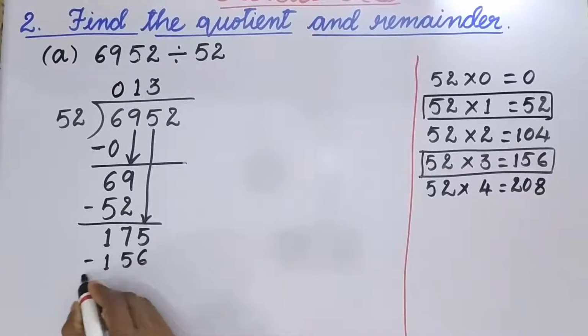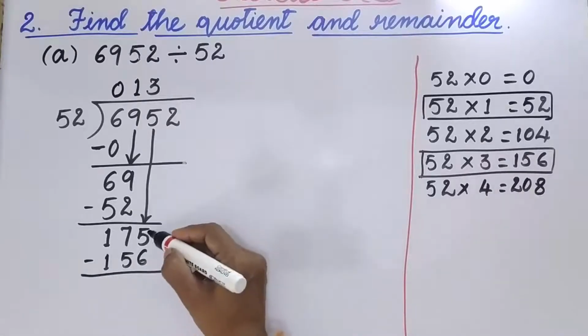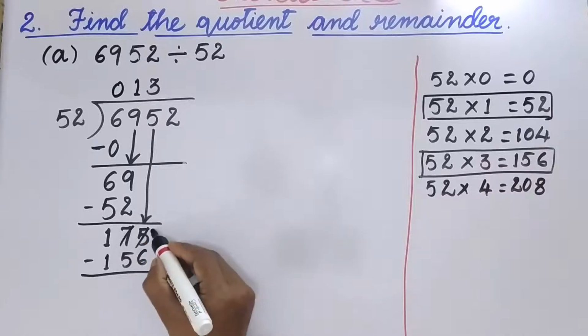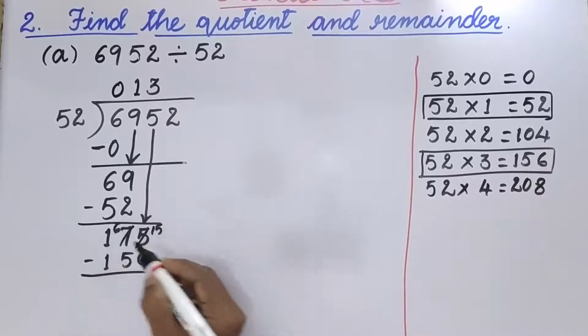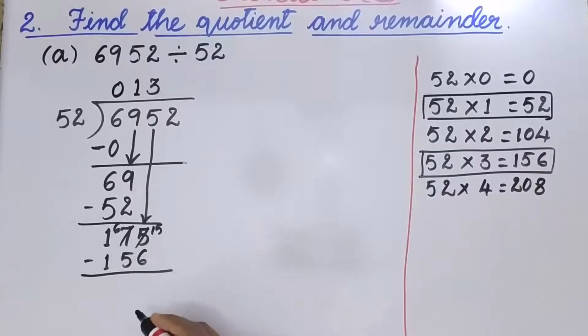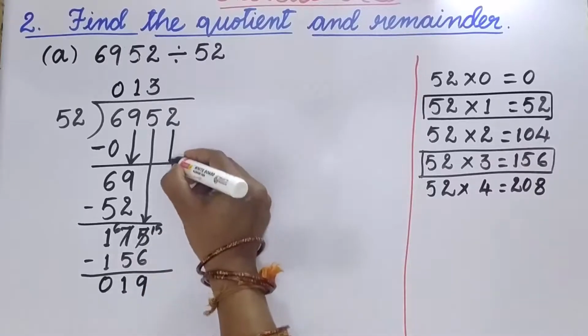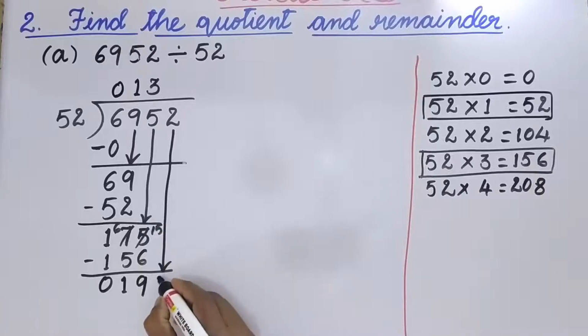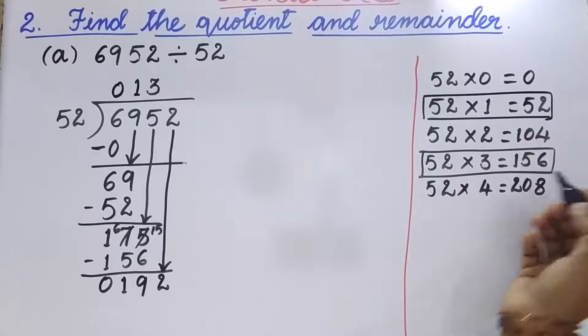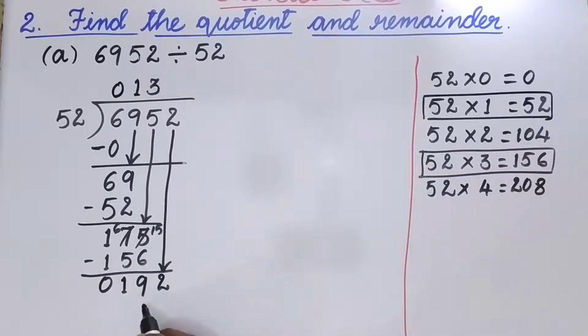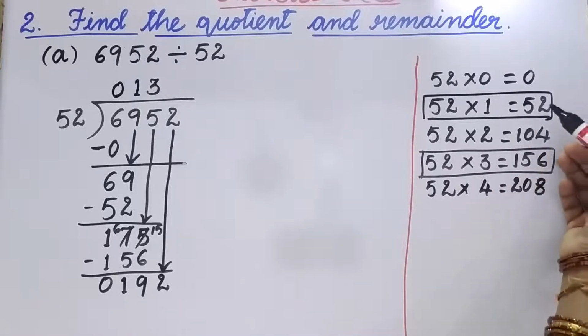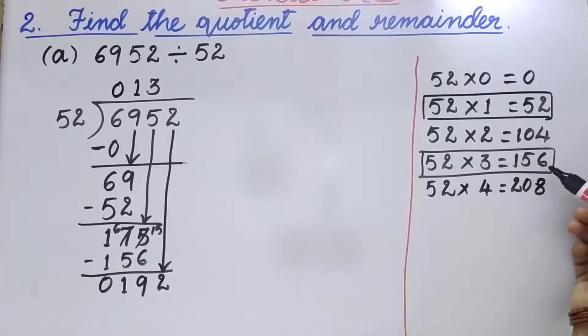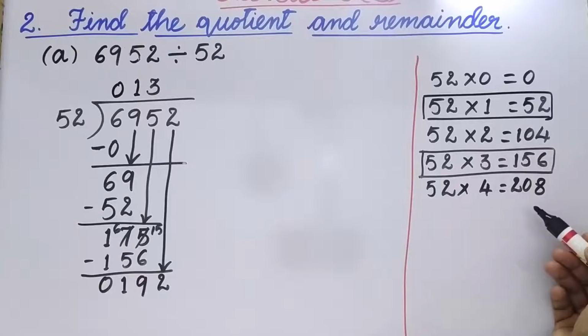156. Now subtract. We can't subtract, so borrow, and from 15 if you subtract 6, how much do we get? Yes, we do get 9. And here 6 minus 5, 1. And here 0. Now finally we need to take down 2. Alright. Now have a check here. 192. Do we have here 52, 104, 156, and 52 fours are 208.